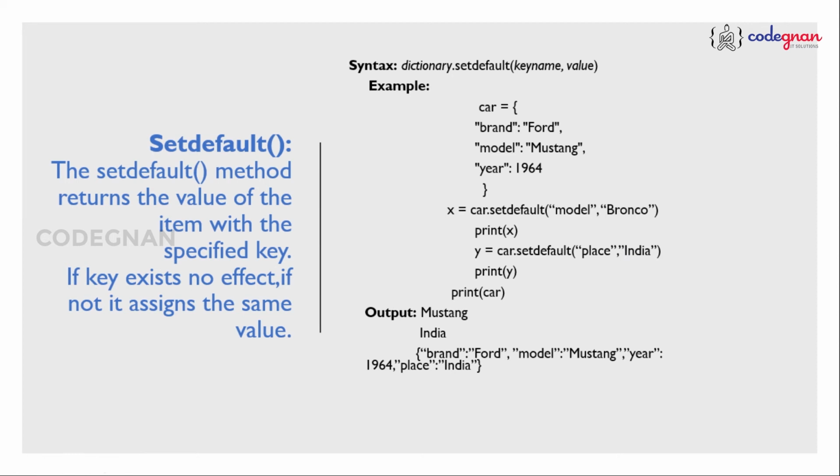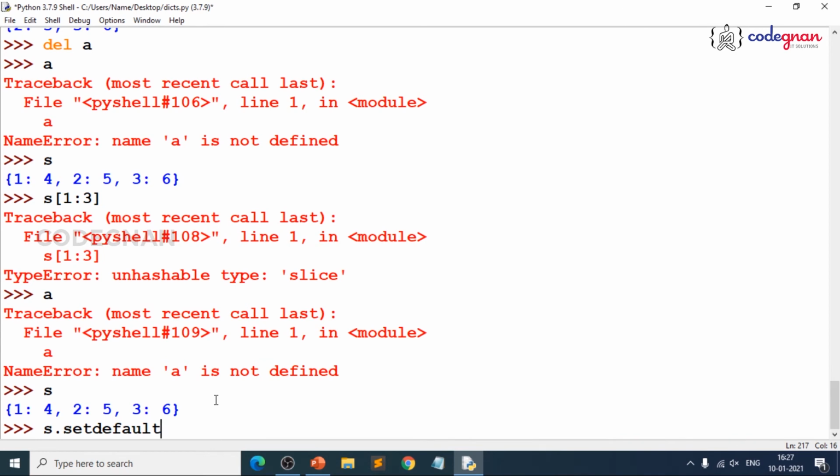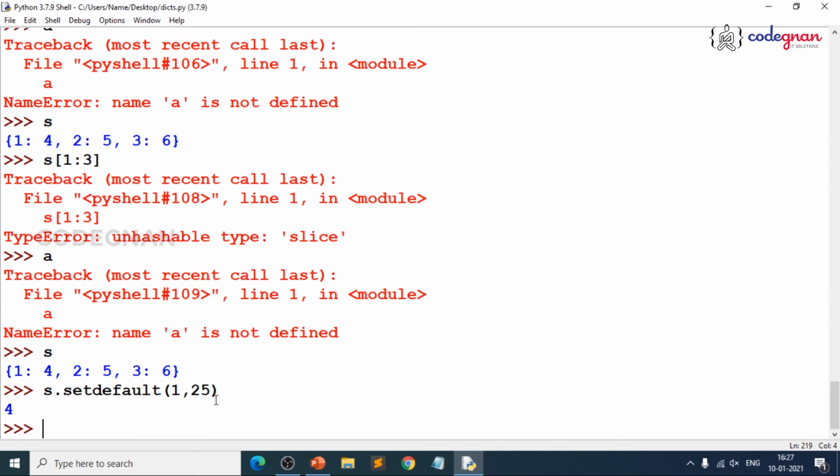It is simple, but let us prove it practically. Here I will take the same example. What is my key? I try to give 1,25. It should return 4 according to the dictionary, right? It will return 4, because you already have that key in the dictionary. So setdefault will always return the value if the key is existing. This is my own definition, so you need not worry. Always think in layman terms, then it will be easier. If the key is found, it will return the value.